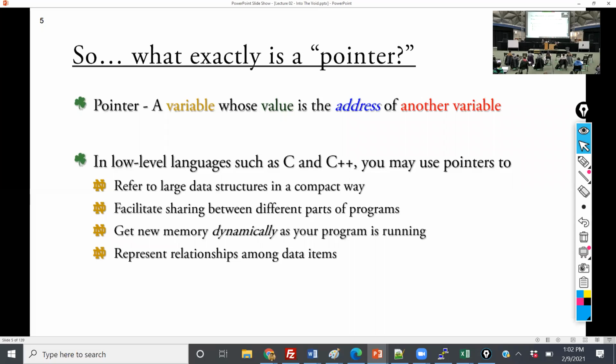And what you've demonstrated in your practice problems is that it's allocated dynamically, meaning that you use a function that you learned about in FunComp or intro called malloc, and you allocate the memory, and then you go through it based on the data type. So you can refer to large data structures in a compact way, and you can represent the relationship between those data. When we get to things like trees, where a node has pointers pointing to each element, we'll be able to traverse the data heap in order to find things efficiently.